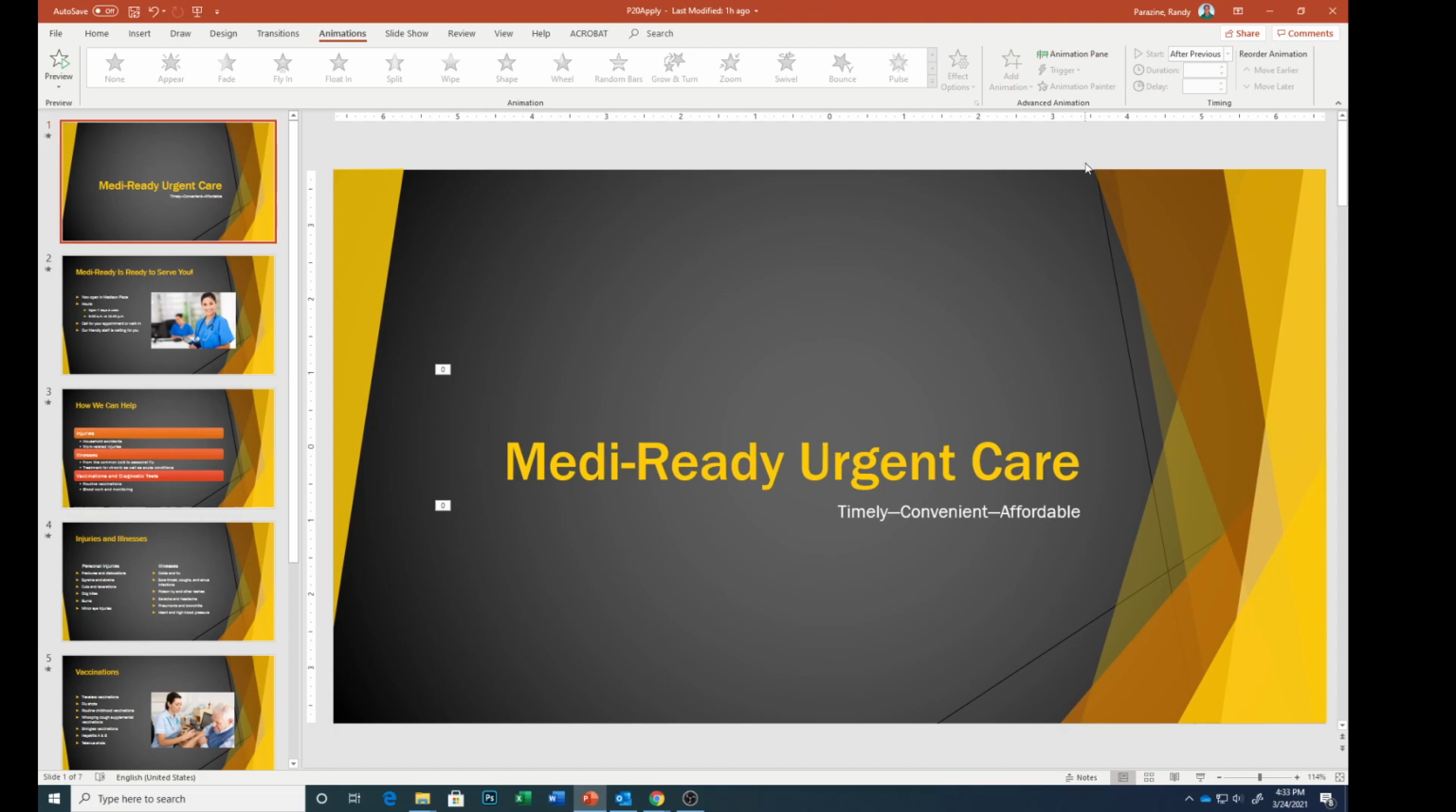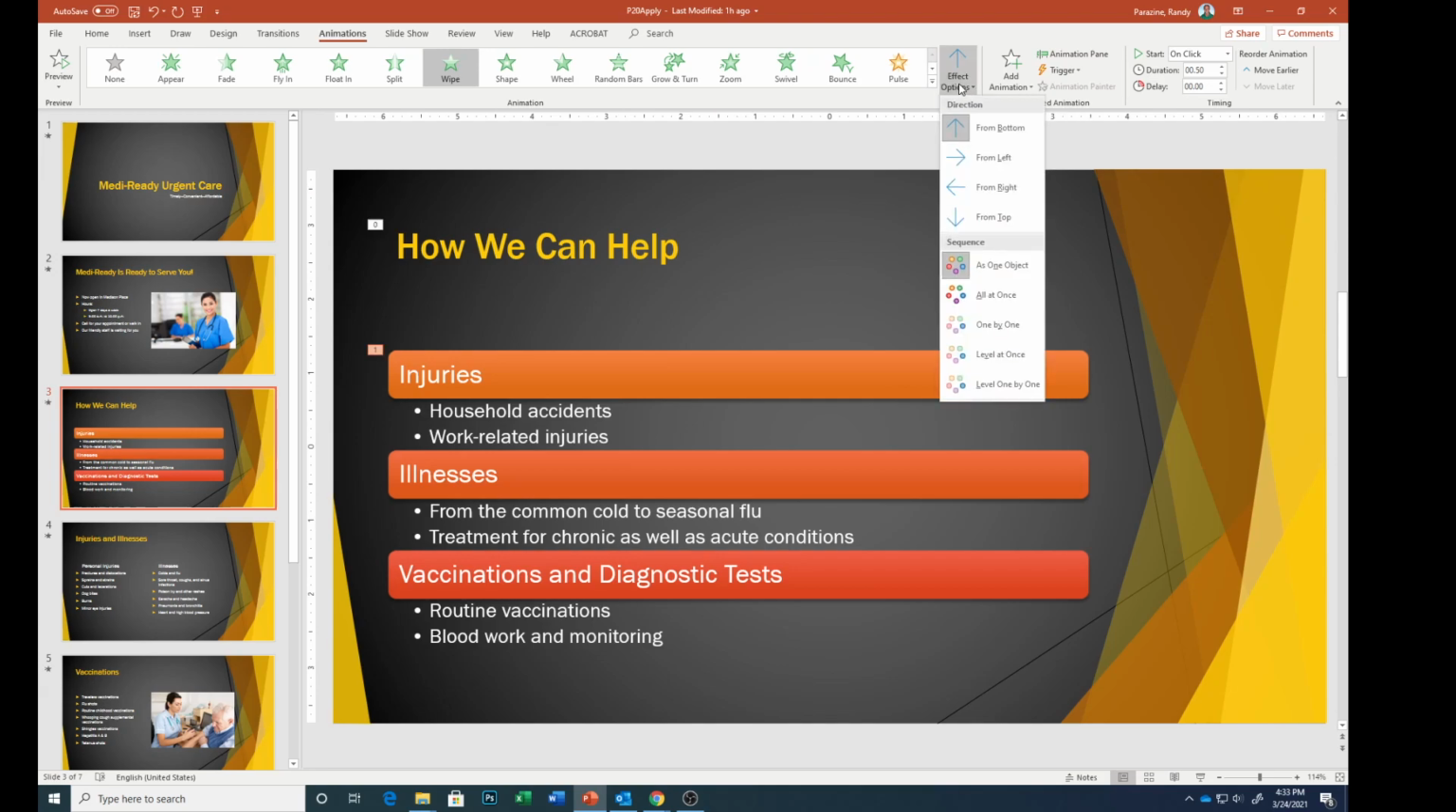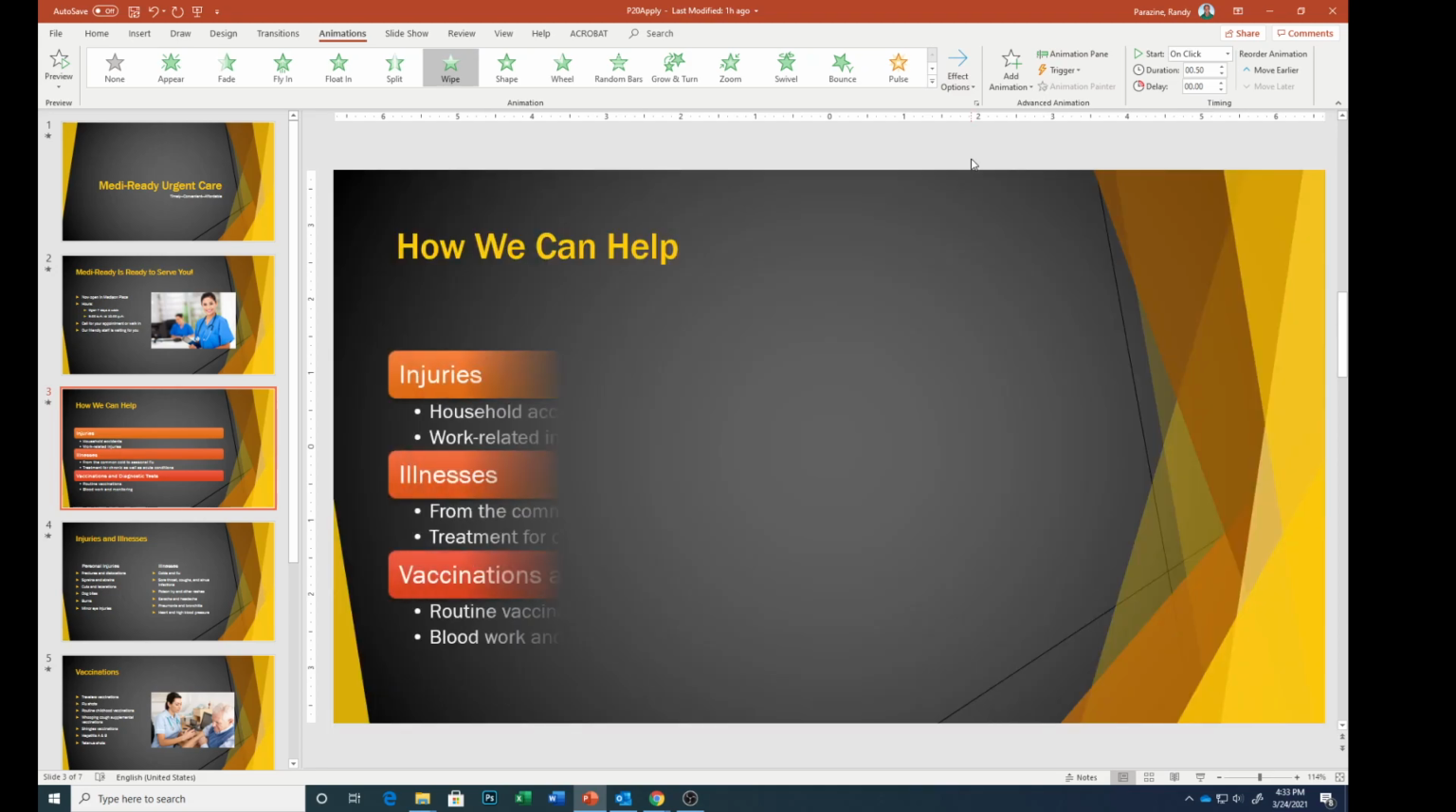Step 4 on slide 3, so click on slide 3. Animate the SmartArt diagram with the wipe animation effect. So click on the SmartArt diagram, click on your animations tab. We're going to click wipe. You can see that it came in from the bottom. We want to change the effect options to from left. Click effect options, select from left,